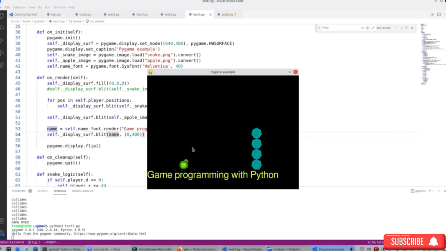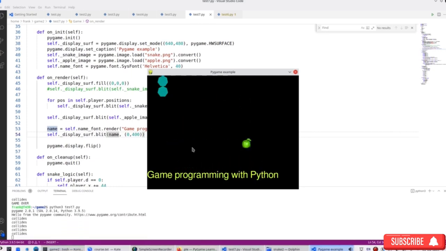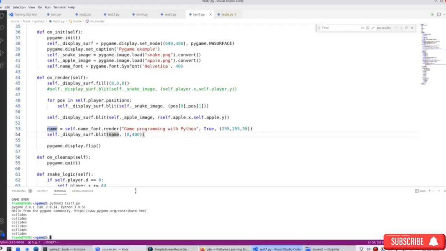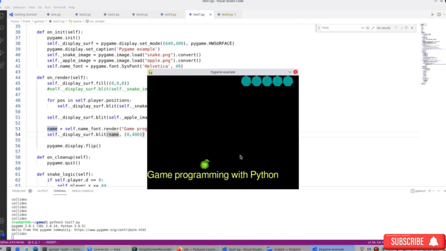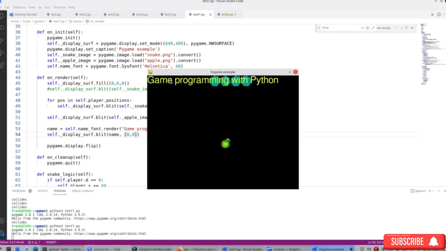So right at the bottom where I put it. Of course, you can put that text anywhere you want. However, I didn't want it to be on top of the snake immediately when running the game. So that's why I put it at the bottom. You can put it, for example, at position 0, which is the top of the screen. However, then it immediately overlaps